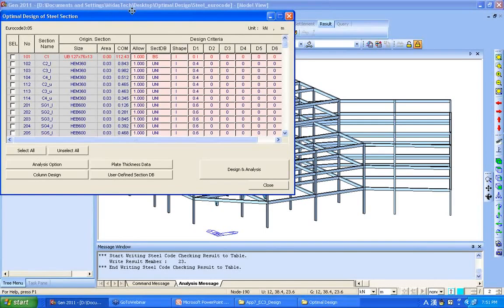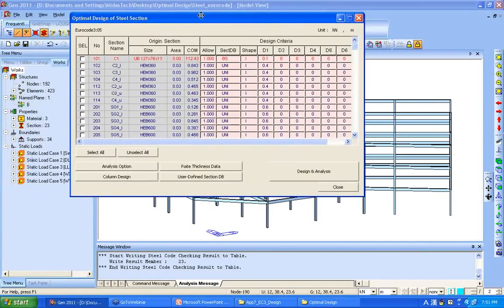As you can see, this is the result of the steel code check. If the ratio is less than 1, it means all the sections are satisfied with the code. And then we can check this design criteria in this window box, dialog box, and